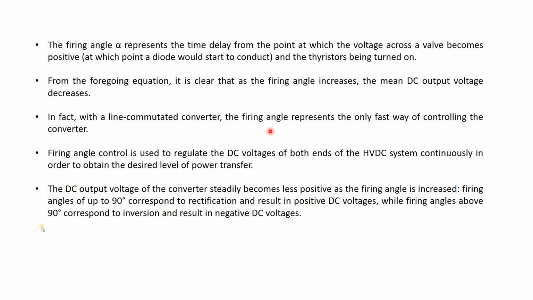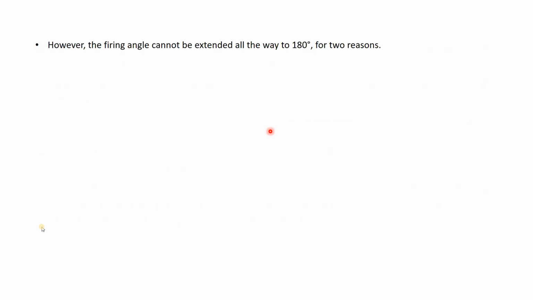As I've told you, the same converting station, the 6 pulse converter, is called a 6 pulse converter because if the firing angle is within 90 degrees, it is used as a 6 pulse rectifier, and if more than 90 degrees, it is used as a 6 pulse inverter. So the firing angle plays an important role, but the angle should be within the limit. If the angle keeps on increasing, then the DC voltage will decrease.